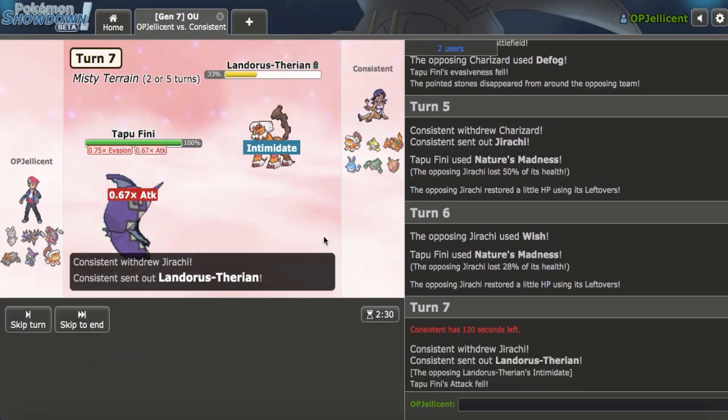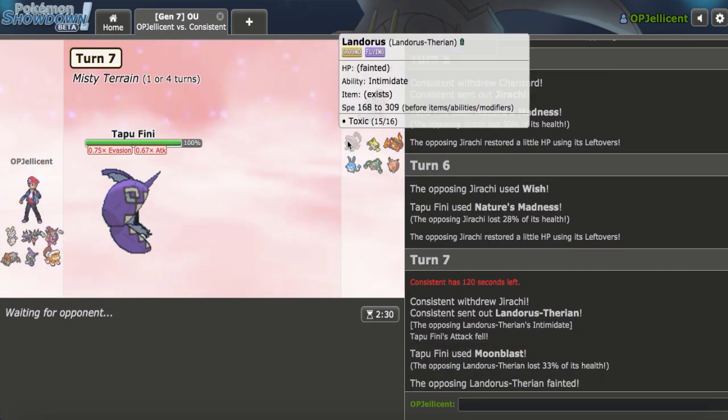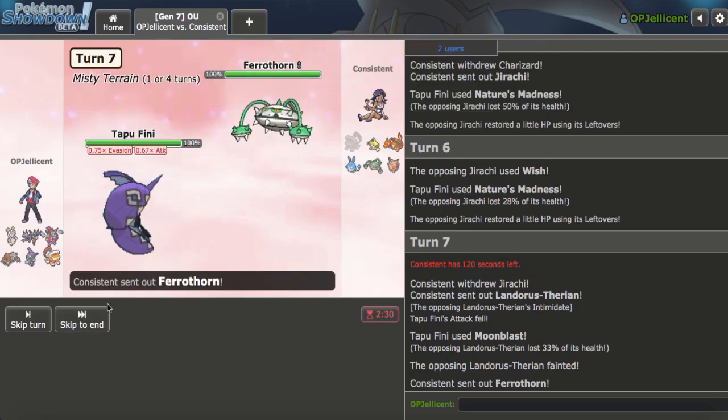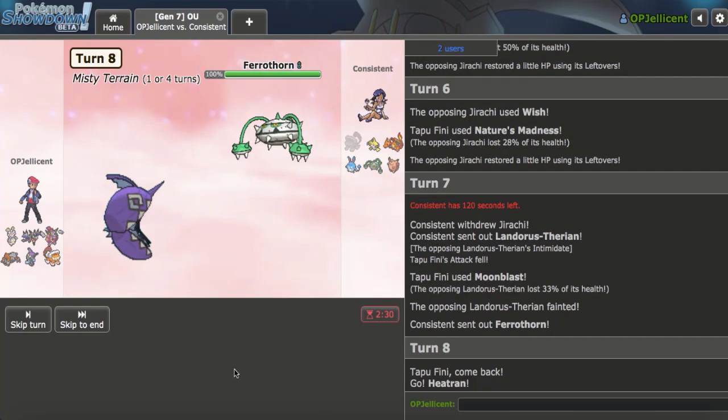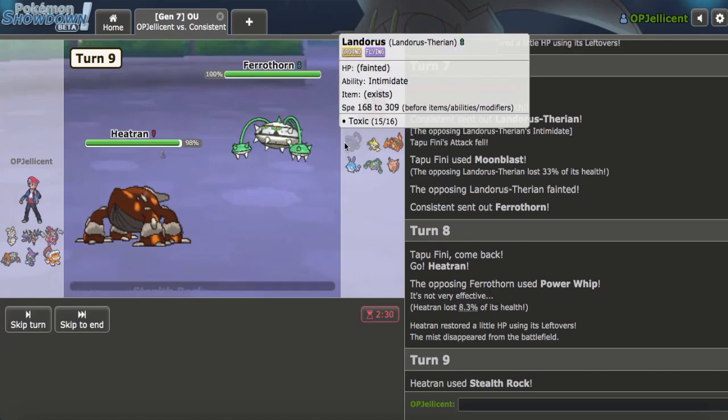Yeah, so they try to go Lando. This should kill it, right? Come on, Feeney. Yeah, okay, so Lando doesn't get the wish, which is why I Moonblasted right there. Ferrothorn hits the field. I just go back to Heatran every time. The Power Whip and just Stealth Rocks, so...